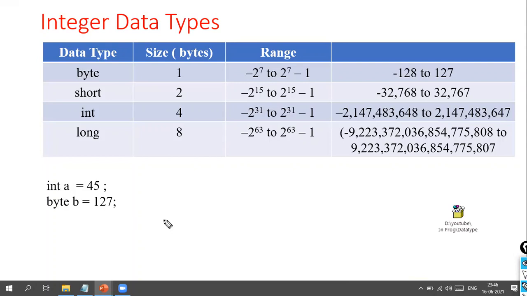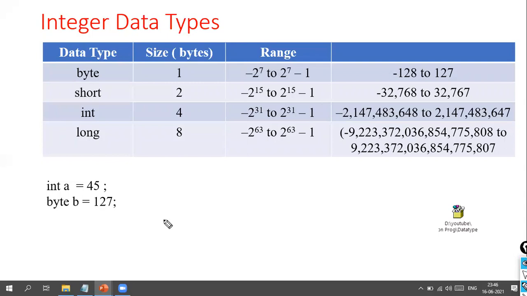The syntax for defining a variable. Whenever we want to define a variable, we need to follow the identifier rules. They should not start with any symbol other than underscore and the currency sign, that is dollar. They should start with a character. They should not start with a number. These are the rules that we should remember when we are naming any variable.